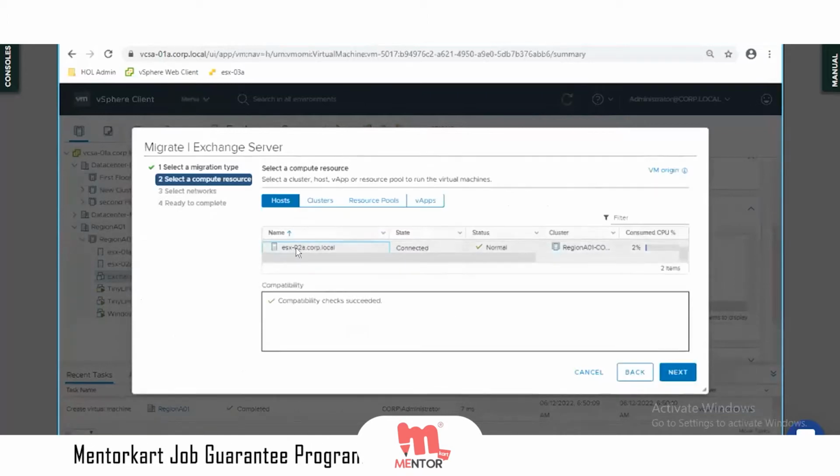I need to move this Exchange server to ESX02. So select this